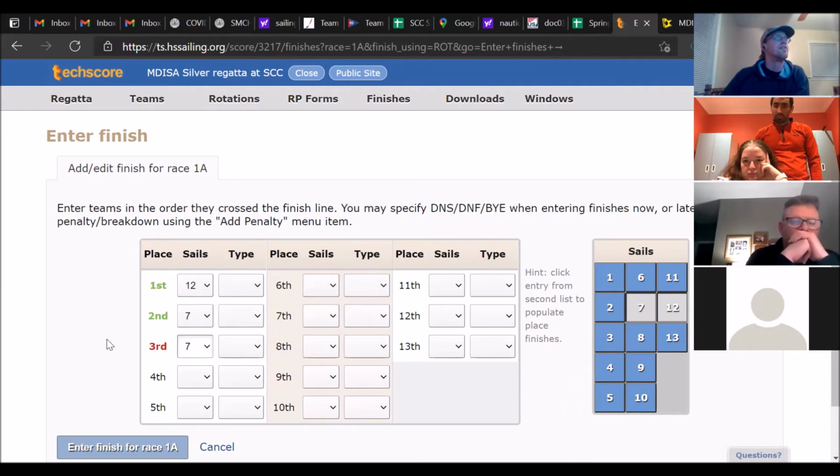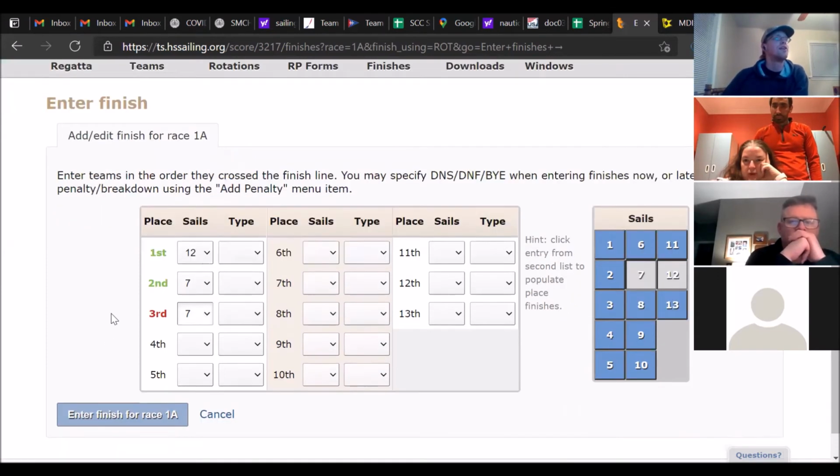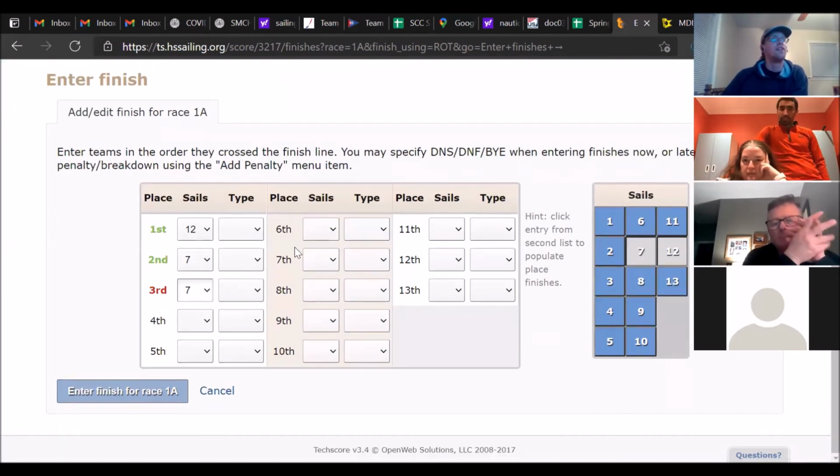So they make it very easy to use. You basically just go through, enter in the order, and once you're done with that, you put all your numbers in. You'll hit enter finish for race 1A, and then it's done. And it'll show up on TechScore when people go to the